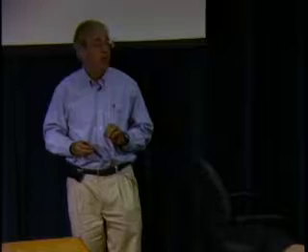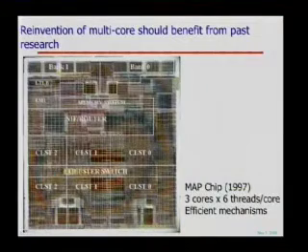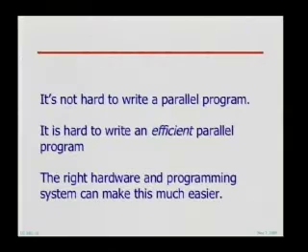But there's a fundamental problem, which is locality. And it's a problem that's becoming very large with the anticipated technology for multi-cores. And I'll go into a little bit more why that is. Part of it is that the problem has changed. This is another chip we did. This is our M-Machine chip, which, if you want to talk about multiple cores, multiple threads, was 3 cores, 6 threads per core, again with efficient communication and synchronization mechanisms, done in '97.